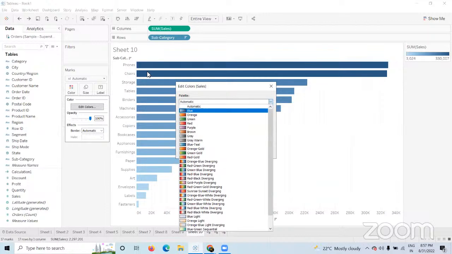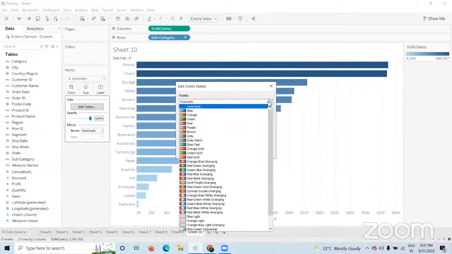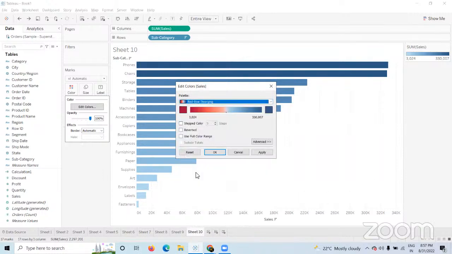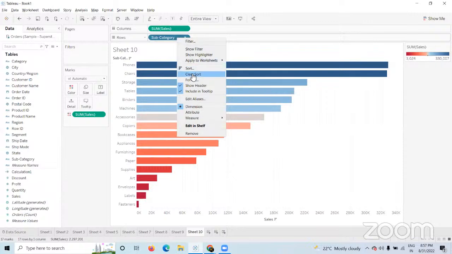Because as you have taken your measures, what is a measure, guys? Measure is a continuous field. Measure is purely talking about the numbers. That is why it is taking the least value into consideration and the highest value into consideration. So step by step, it is giving you the colors. If, for example, I change this from total blue to red and blue diverging, and click on apply,